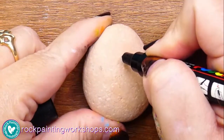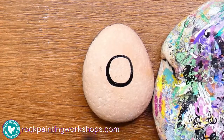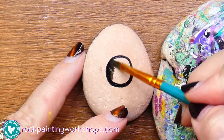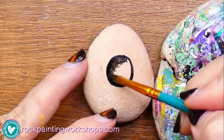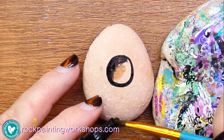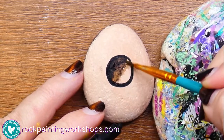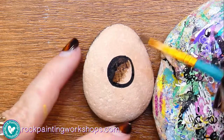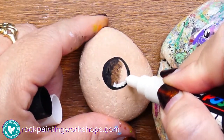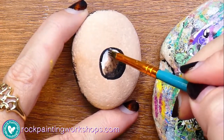Here what I'm going to quickly do is just show you that water drop, the principle of how I'm acting with it, and that's I go around and create the edge, and then I'm just smushing some black paint across from the top left, and see I'm thinning it as I go, so it's darker to the left and it's getting quite watered down the further I go. So your white is going to be in the opposite direction,